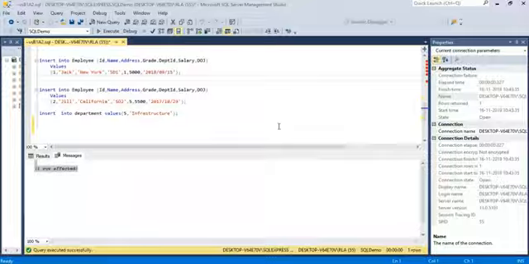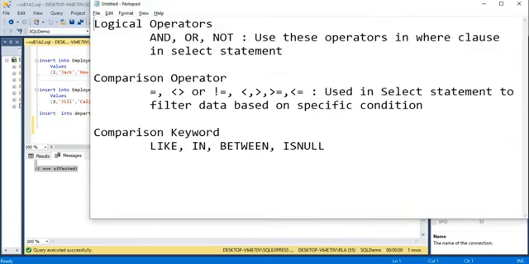In the previous sessions, we have seen how to use constraints, and in the last session, we have seen how to use the foreign key constraint. In this session, we will go through logical operators. These are operators which we can use. There are arithmetic operators, logical operators. Like any language, we can use these operators to operate on the operands. Some of these are logical operators, comparison operators, and comparison keywords. There are arithmetic operators as well,